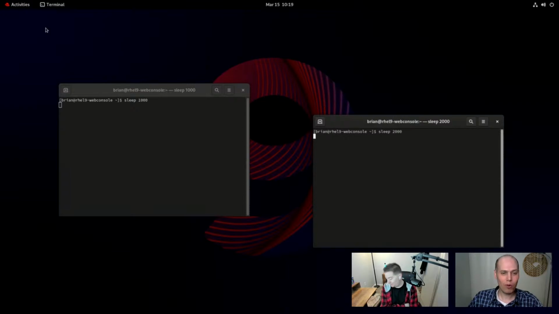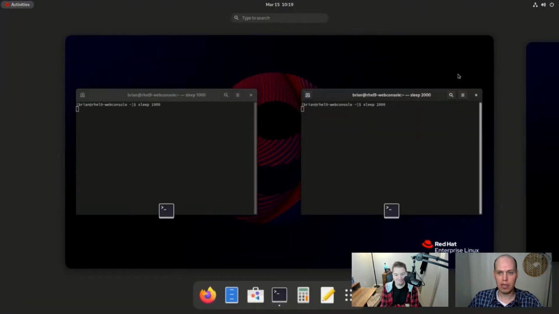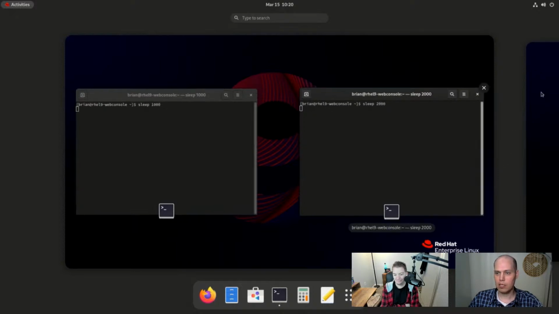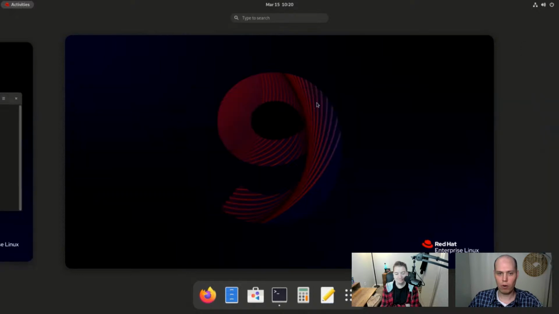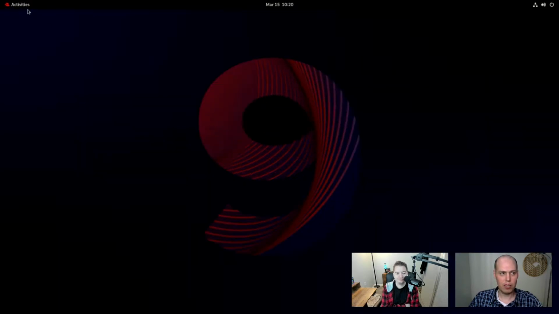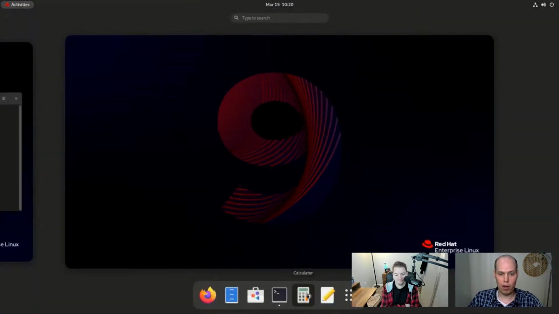So to work with workspaces, like I said, when you go to activities, you notice it kind of zooms out. This is my wallpaper, it's zoomed out, and now there's another wallpaper over here, right? So these are the workspaces. This is workspace 1. This is the second workspace. So if I click on the second workspace here, I'm now in this other workspace,